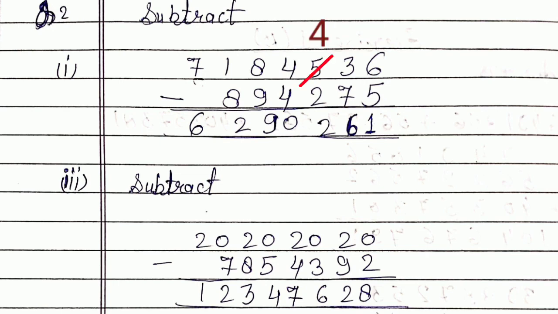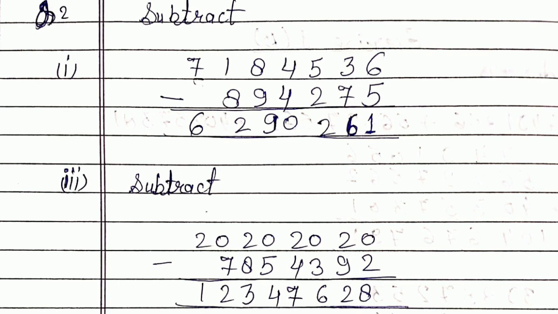So we will borrow from 5, so 5 is going to become 4, and since we borrow from the left, we add 1 to the right, so now the number is 13. Now 13 is a bigger number than 7, so we can easily subtract. Like this we will complete the whole procedure. So if the upper number is smaller, then you will borrow from the number situated on the left side, and then you add 1 to the right side number.